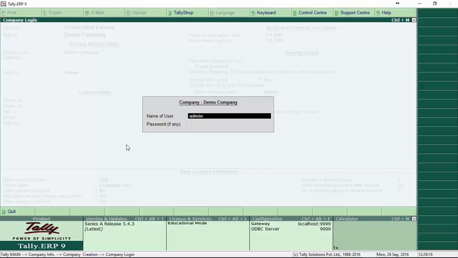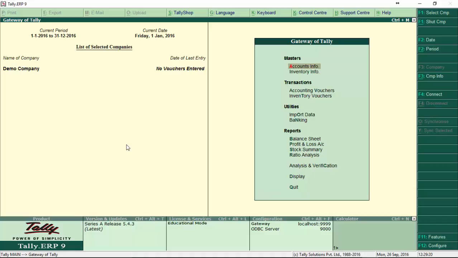So I'll log in now to my company, and boom, we have it. Once you log into any company, you come to the Gateway of Tally, and here it presents you with the actual menus and actions which you can use to work in the company. Now if you want to sign out after you've done something with your account, you can just go to start company, which is here, and